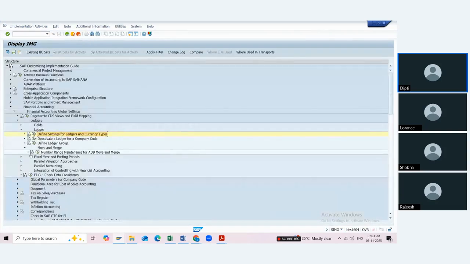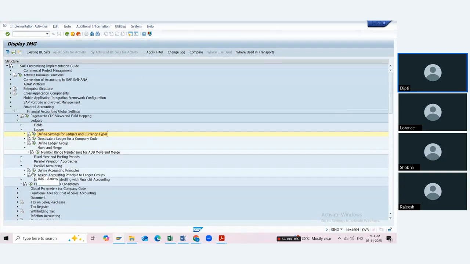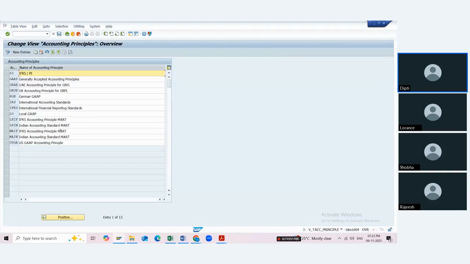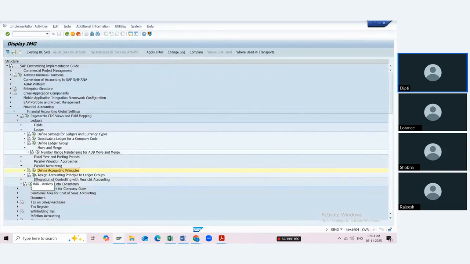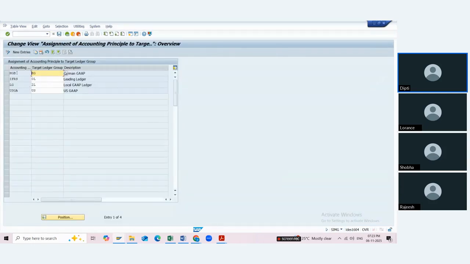Now we have to go to the step called, can you see here? Parallel accounting, define accounting principles. So we have already defined MAIN and MAIF for IFRS and company law, or Indian accounting standards. So we have to assign this. This is the first step, which is compulsory, you have to do before asset posting. Assign accounting principle to target ledger.